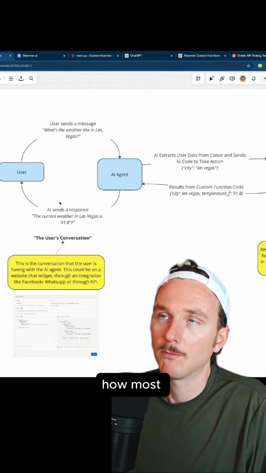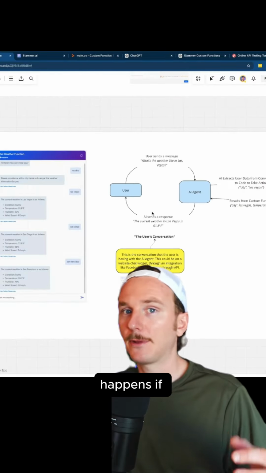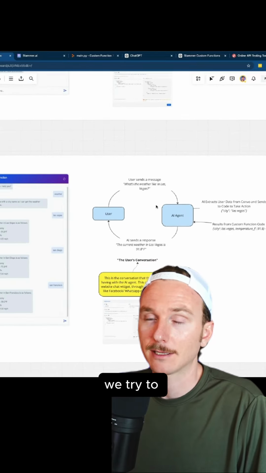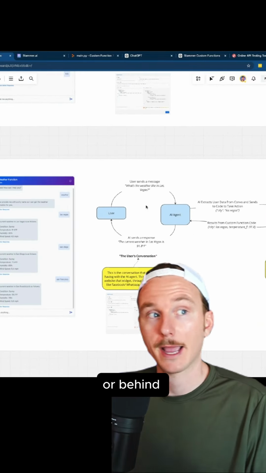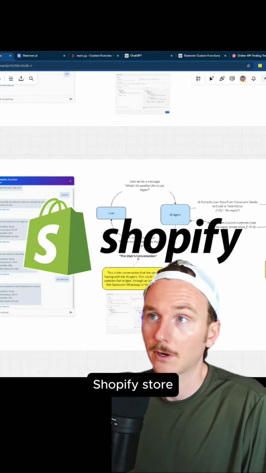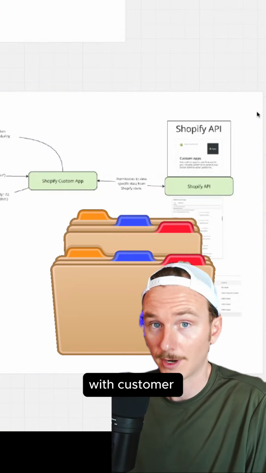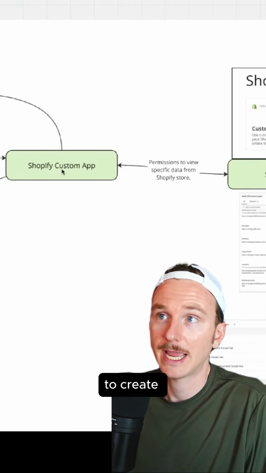This is exactly how most custom functions will work. But what happens if we don't try to access a public API with public data? What if we try to access data that is private or behind a store, like a Shopify store? Because Shopify is a protected database, essentially, with customer data, we need to be able to create a custom app